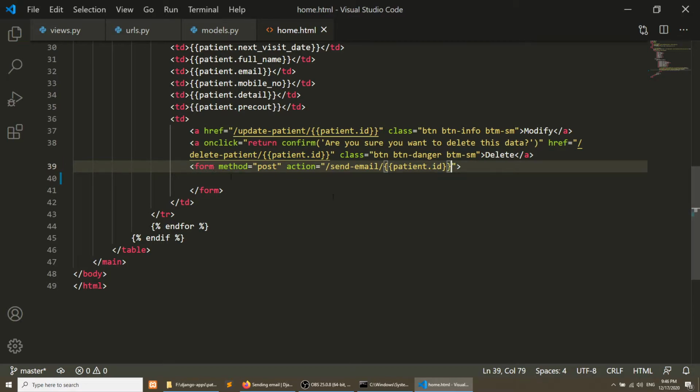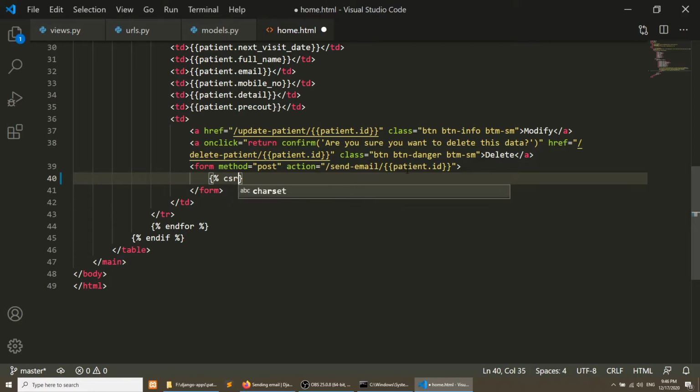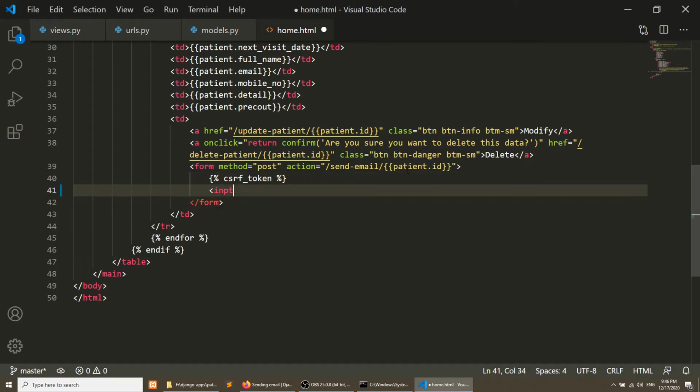We will get the email ID from the patient ID. Here we will add the CSRF token, because without the CSRF token you can't submit the form. Similarly, we will create the input of type submit, with the class button primary, margin top 2, and the value will be remind.